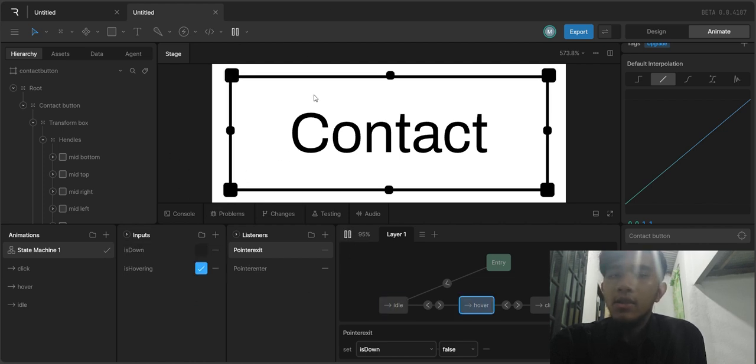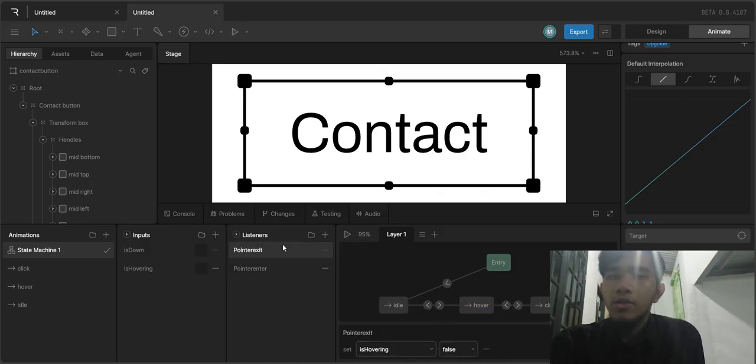Center the text anchor so the weight change animates from the center. Rive automatically interpolates between these weights.